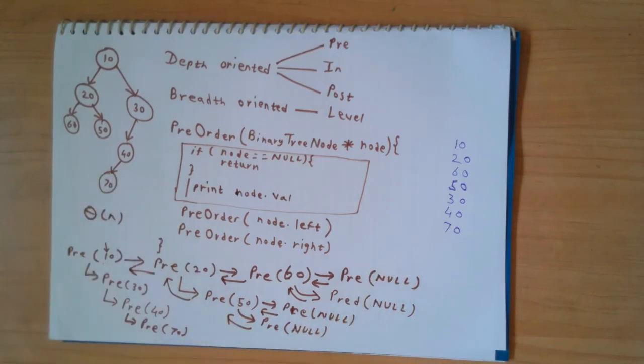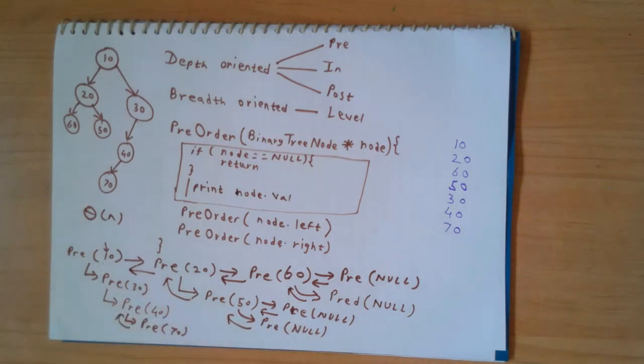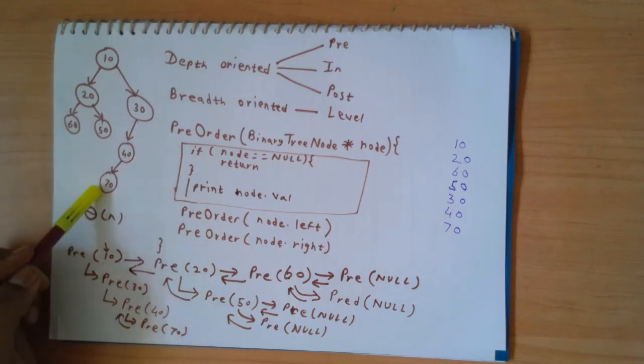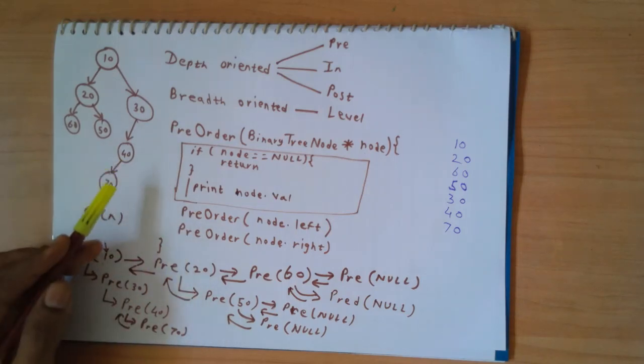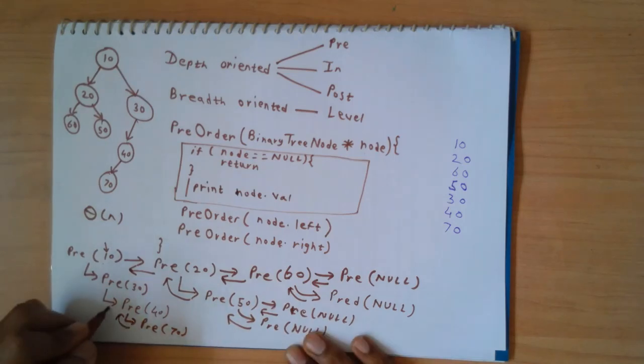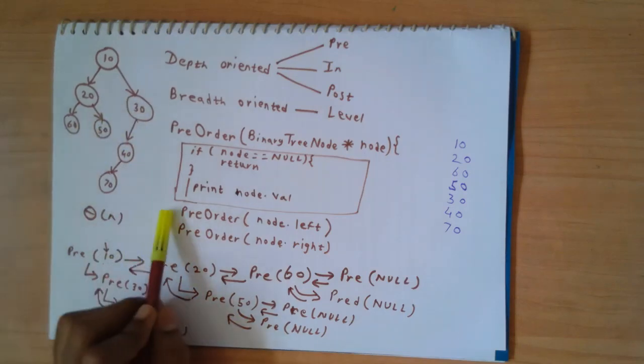Okay, so basically we are going to return now from 70 to 40, and 40 doesn't have any right child. We had come to 70 as the left child of 40. So the next statement in the call for 40 would be pre-order traversal with the right child, which is null. So nothing would happen. We would just come back and we'll return back to 30. And then we had come to 40 as the left child of 30. So we were executing this statement.